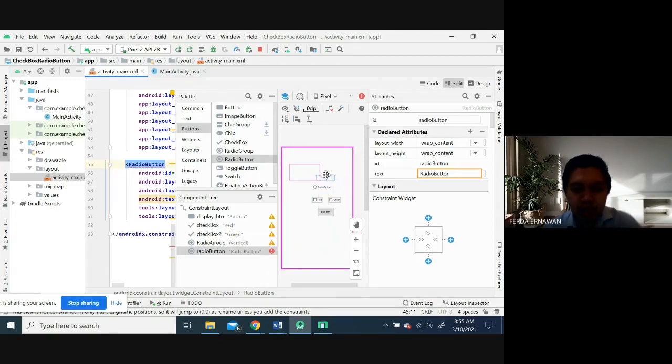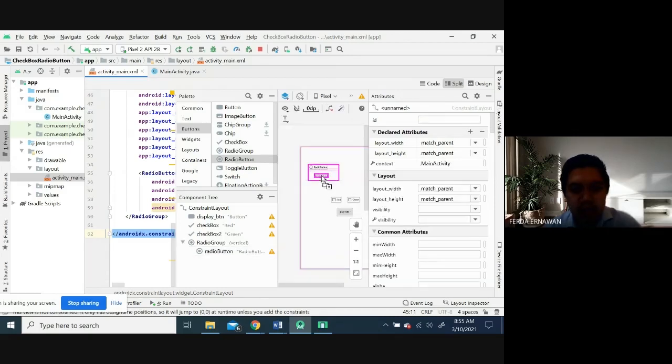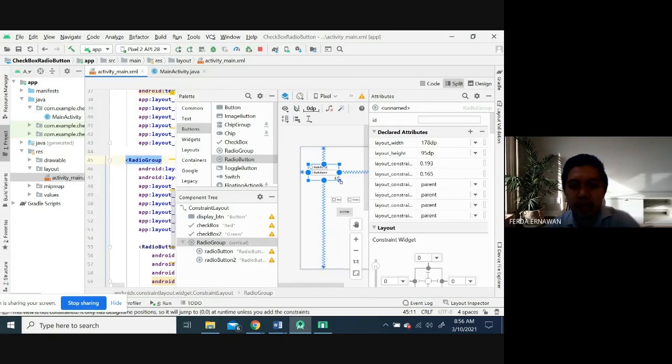So you can drag the radio button inside the radio group like this. Another one, you can add the radio button here, and I drop inside the radio group. Now you have two radio buttons in a radio group.